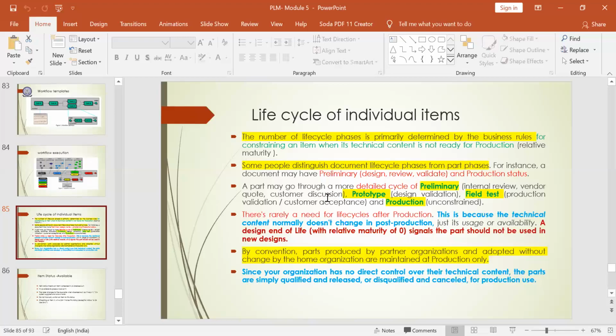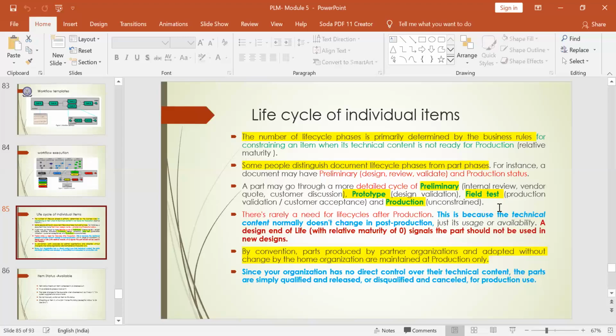You need to understand a detailed cycle of the preliminary stage, of the prototype stage, of the field test, and of the production stage. After production only, the product will be thrown into the market.